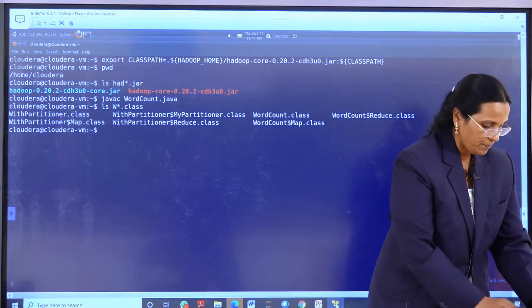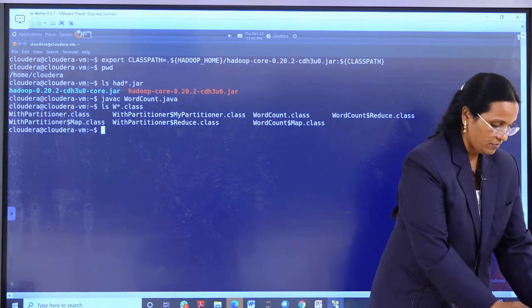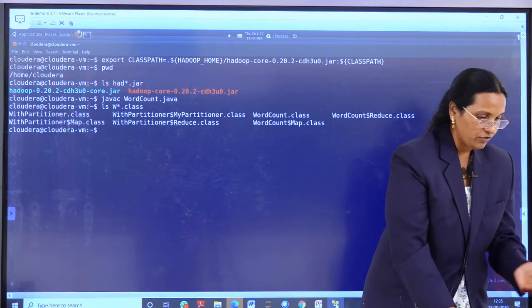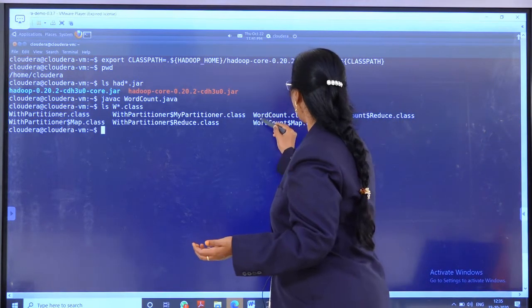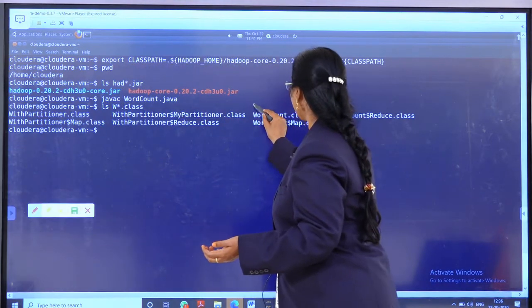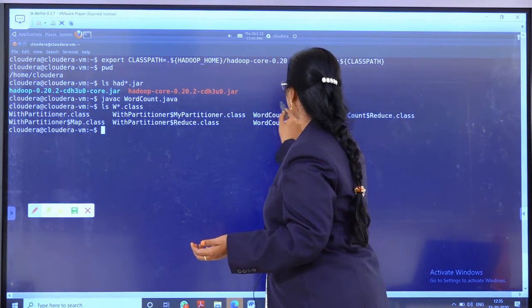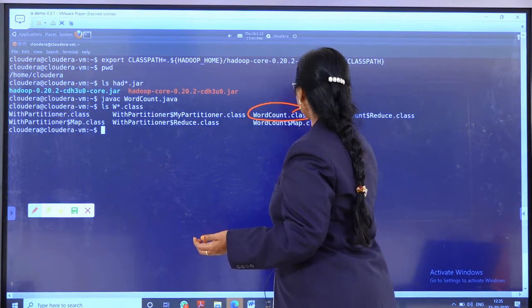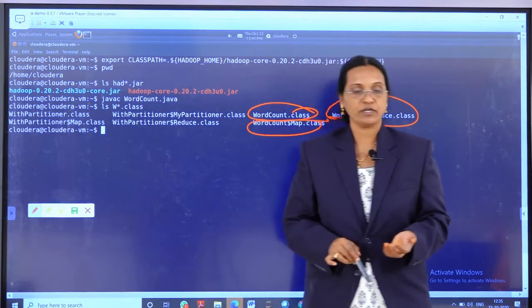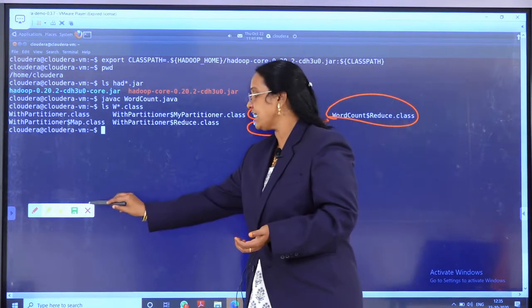You can see here: the word count class file is one, another class file, and another class file. 3 class files we have got, and we have to execute these 3 class files.